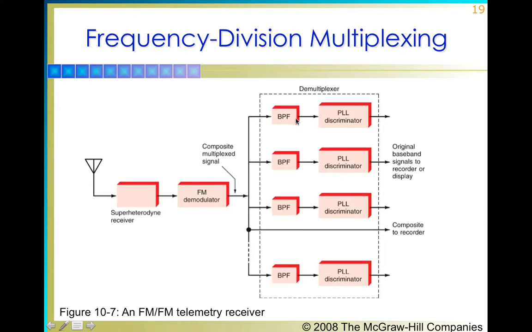This signal is sent to the band pass filters, and each band pass filter filters its desired signal with reference to its receiver, and then that signal is further transformed with the help of PLL discriminators or demodulators into the original information signal. And the band pass filters over here are tuned in such a way that they receive the signal of their particular frequency or subcarrier frequency, attenuating the rest and allowing only their subcarrier frequency signal to pass over here.